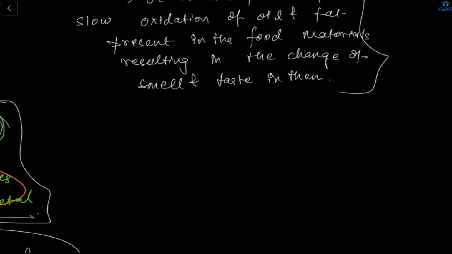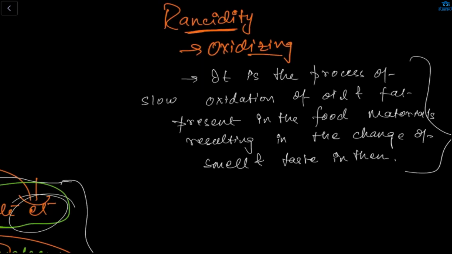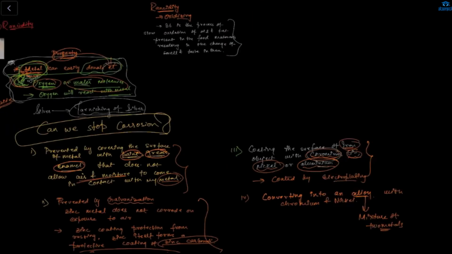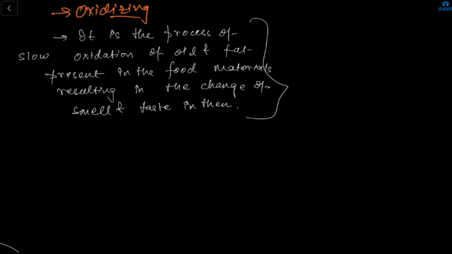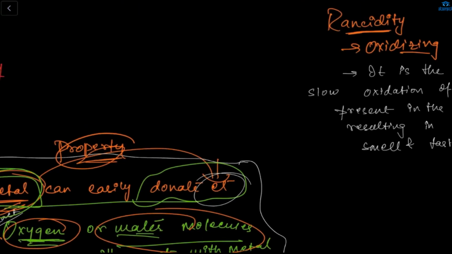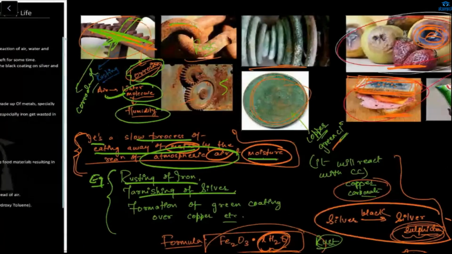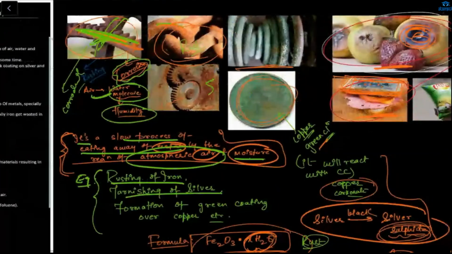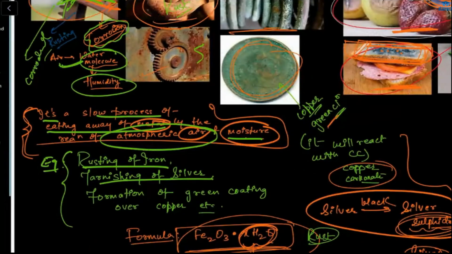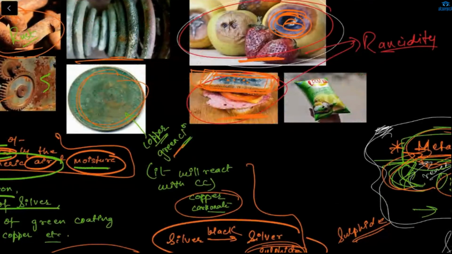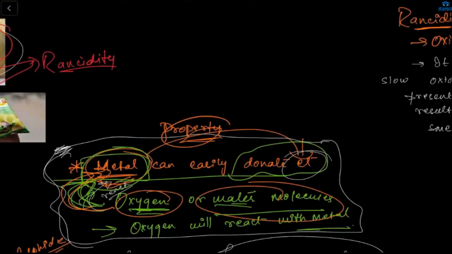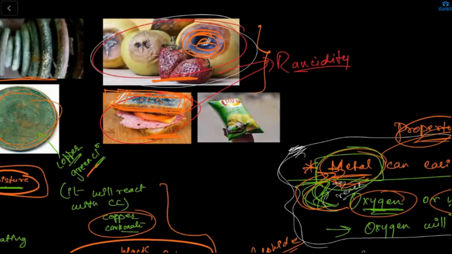Now, they also oxidize my food. Here they are oxidizing my metal, and here they also start oxidizing my food. In corrosion, they oxidize my metal because we are leaving the metal in the surroundings. And here, if we leave food for 1 or 2 days, they start oxidizing my food also. The microorganism fungus starts developing on the food surface. This is the example of the sandwich. See, here is the fungus on my sandwich.